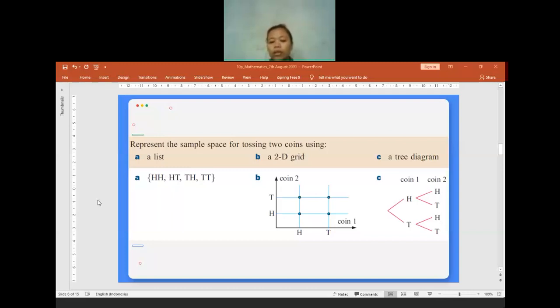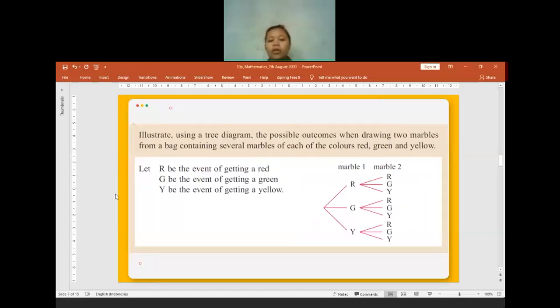Do not be quiet. So in here, we are going to make a tree diagram of the possible outcomes of drawing marbles with 3 types of color, red, gray, or yellow. If we are going to take only 2 marbles, because the question is only asking 2 marbles, it means later when we make the branch, it will be 2 levels of branches.